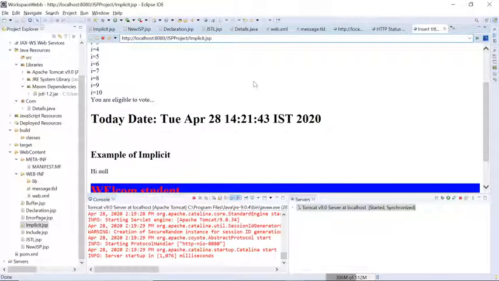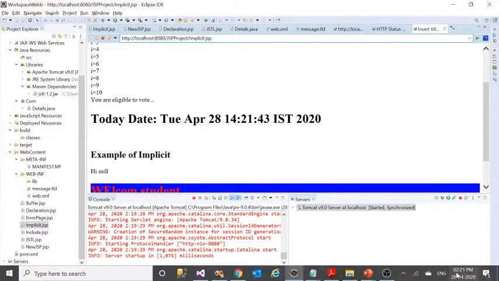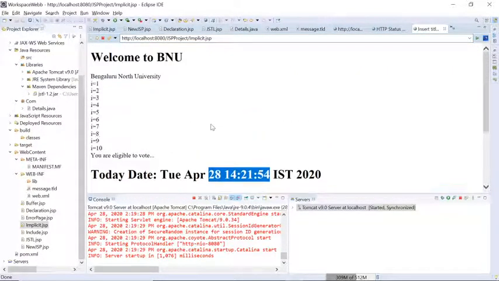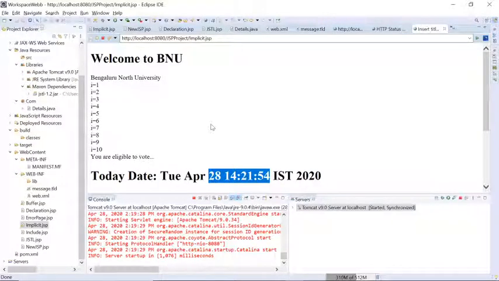If I refresh, it shows 221:43. If I refresh once again, it shows 221:54. So this is the way we can import some extra libraries, not jar files, it's library only, so we can utilize them.